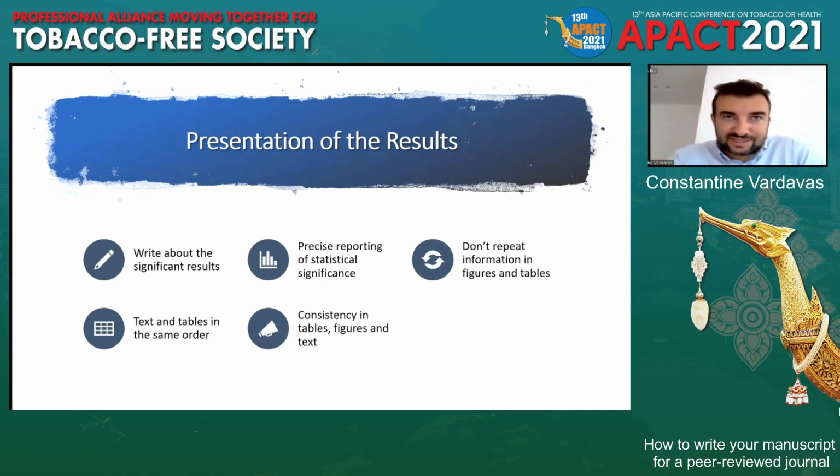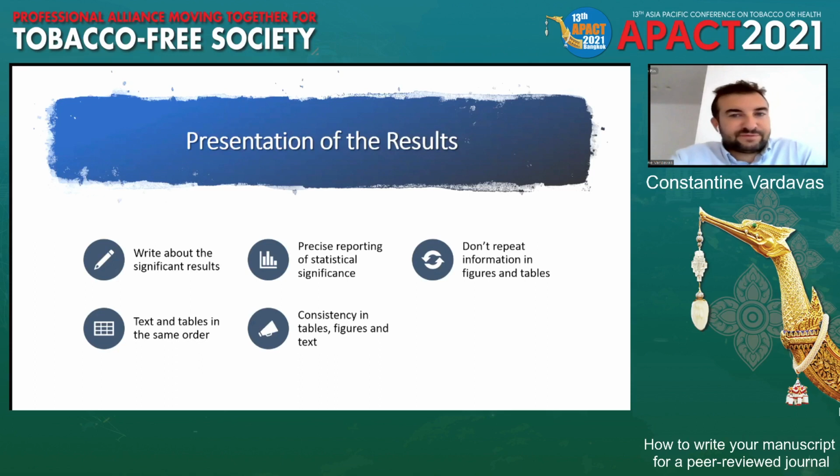Of course, it can be significant per se, but don't write it as such, because the reader gets confused: wait, looking at the manuscript, the p-value is higher than 0.05, or the difference is too small, the 95% confidence intervals overlap the 1, so that shows that the study is not statistically different. So you've got to take that into account.